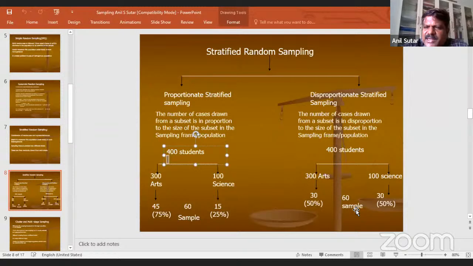So the relative strength of students in the population is ignored here. Now let me give you an illustration, a real-life situation. I came across one PhD scholar interested in using stratified random sampling to select her respondents, participants for her study. Her study was about job satisfaction and career mobility among social workers, professional social workers.